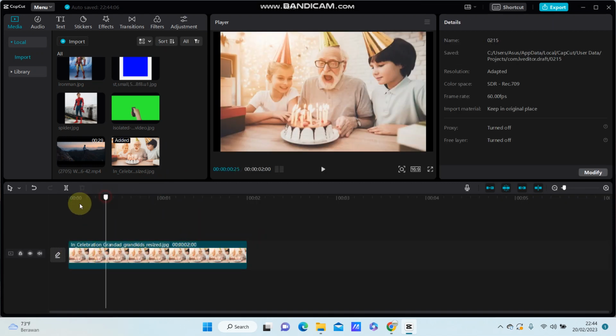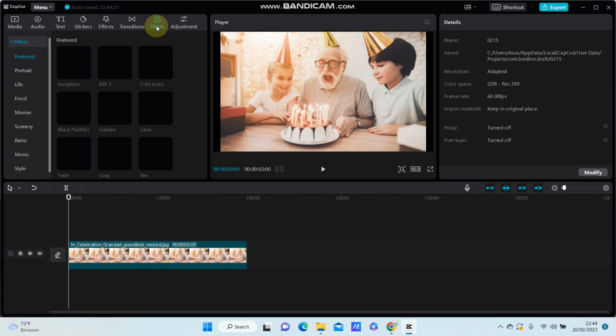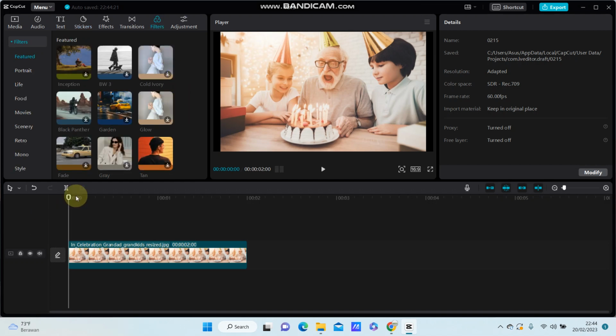To edit your photo, you can add text here, you can add a sticker, you can add filters, but you can also change the picture to video. You can add the effect, split the clip before,